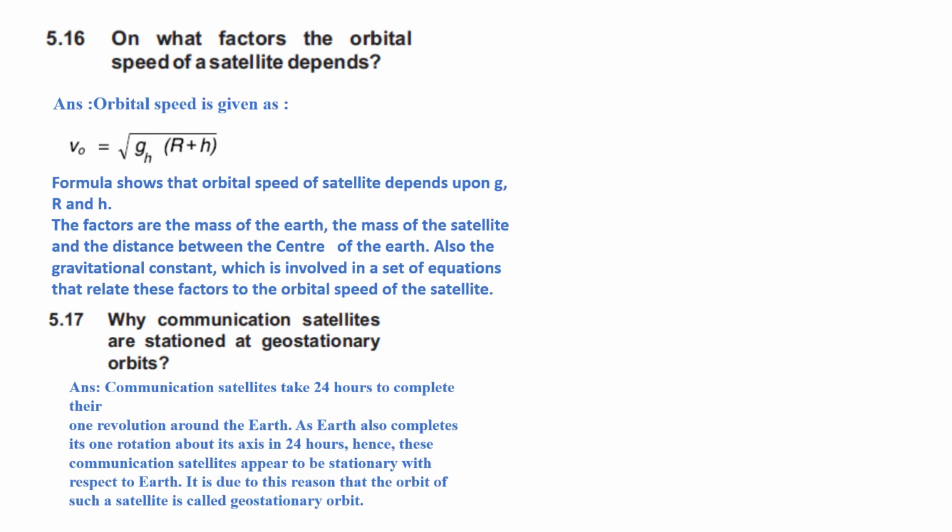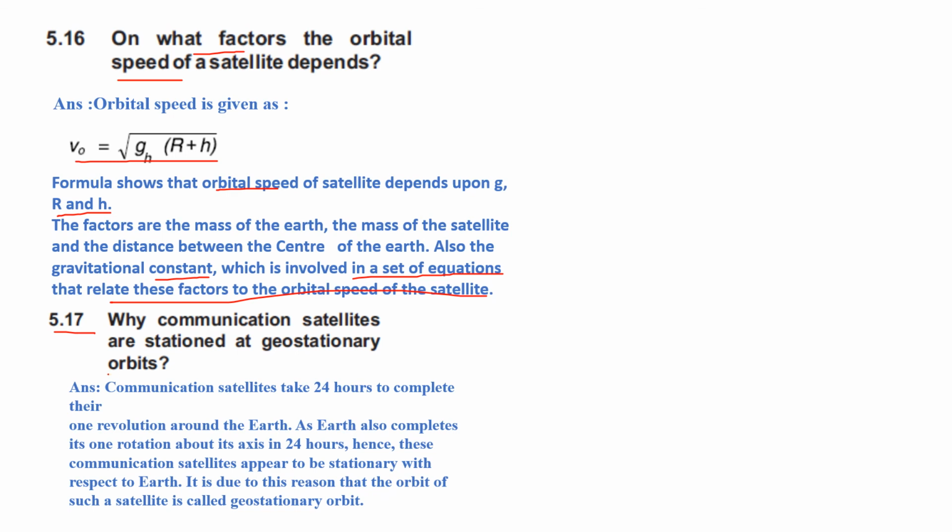Question 5.16 is, on what factors does the orbital speed of a satellite depend? So orbital speed is given by v0 is equal to under root g_h (r plus h). The formula shows the orbital speed of a satellite depends upon g, r, and h. The factors are the mass of earth, the mass of the satellite and the distance from the center of the earth, also the gravitational constant, which is involved in a set of equations that relates these factors to the orbital speed of the satellite. The last question is 5.17, that is, why communication satellites are